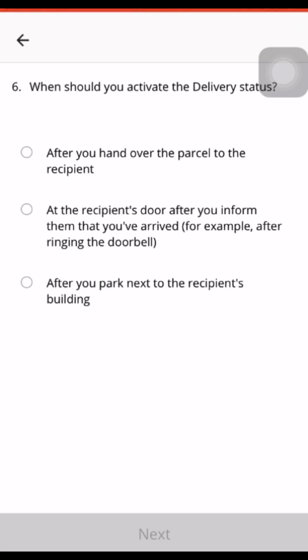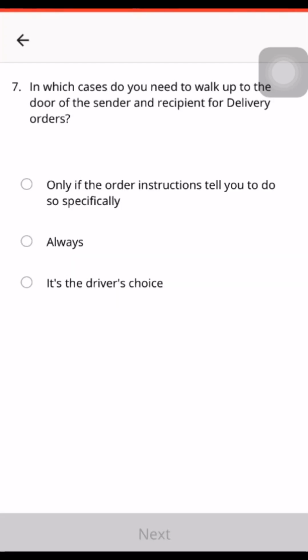When should you activate the delivery status? So after you hand over the parcel to the recipient, after you inform the recipient at the door that you have arrived, after you park next to the recipient's building. So this, then